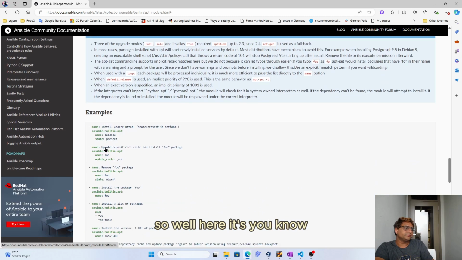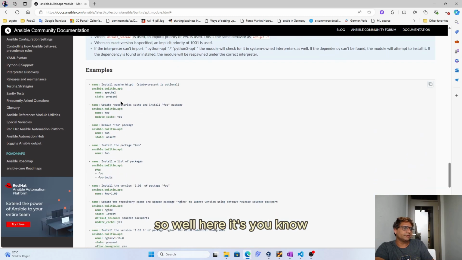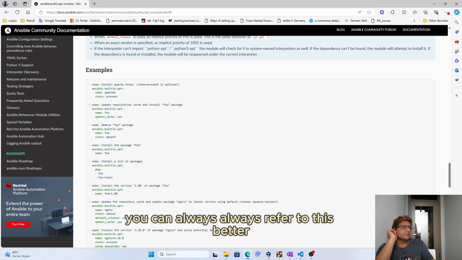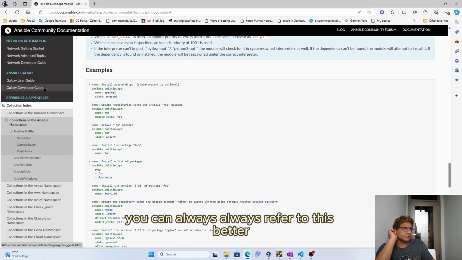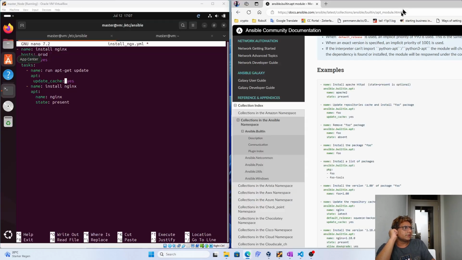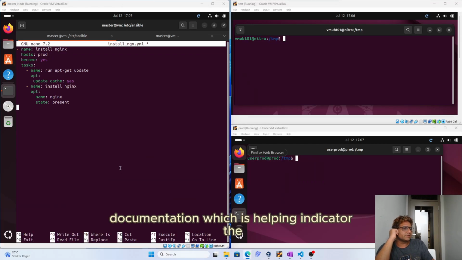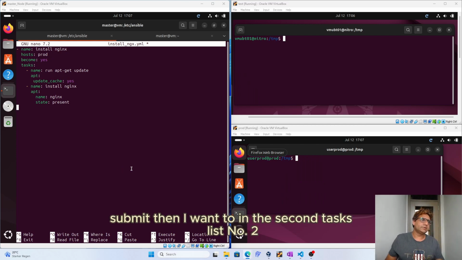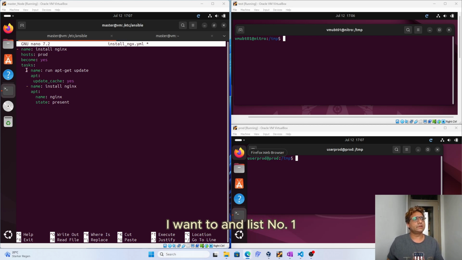So well, here it's state present and update cache yes, to update the package. You can always refer to this built-in documentation, which is helping in the grid. So great. Then in the second task, list number two, I want to, and list number one